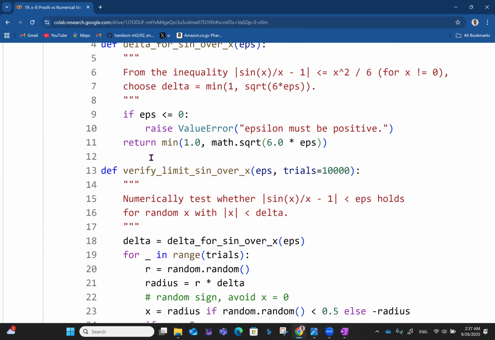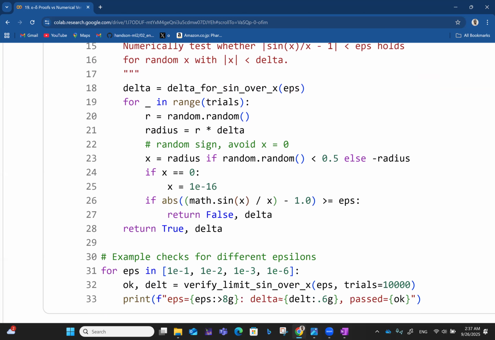And then you define another function, verify limit of sine over x, taking epsilon and 10,000 trials. So numerically test whether absolute value of sine x over x minus 1 is less than epsilon holds for random x with absolute value of x less than delta. So we now have delta for sine over x and take the value of epsilon. For all values in range of trials, r is random dot random. So radius is r times delta, and then we have random sign, which avoids x equals 0. So we have x is radius if random dot random is less than 0.5, else